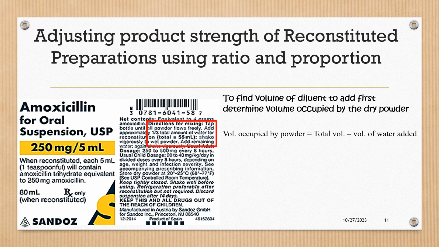Remember, 55 mL of water for reconstitution, and the final volume is 80 mL. So once you take the difference of those two, the volume was 25 mL. That's the amount of space occupied by the powder. So now that we have established that the powder occupies a space of 25 mL in the bottle, we can